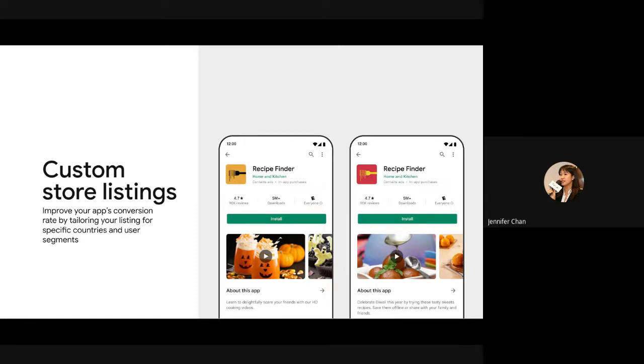Say, for example, they want to target this dessert sweet tooth group. Then they can deep link into this group. And for this dessert sweet tooth group, they will only see this dessert image. And next, they want to target a vegetarian group, for example. Then you can also deep link a set of images for these vegetarian target audiences. So you get the idea, apply to your own app, right? So now your store listing can be customized by country and also by your target group by deep link.